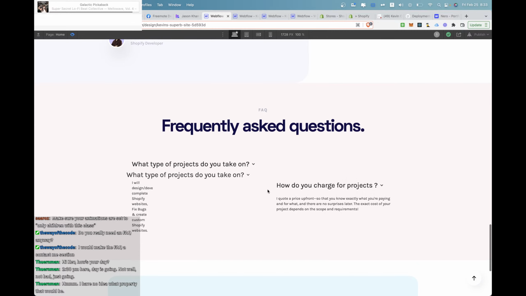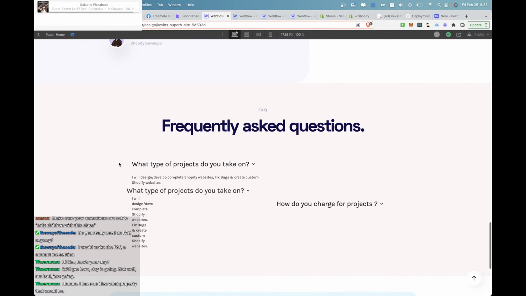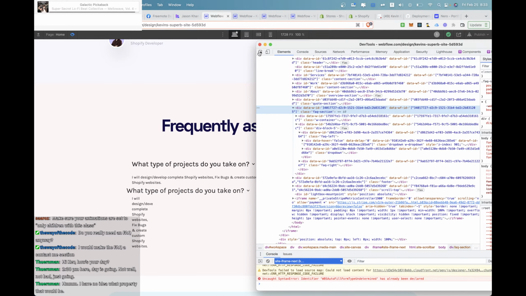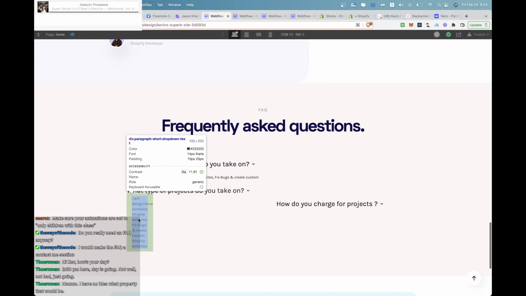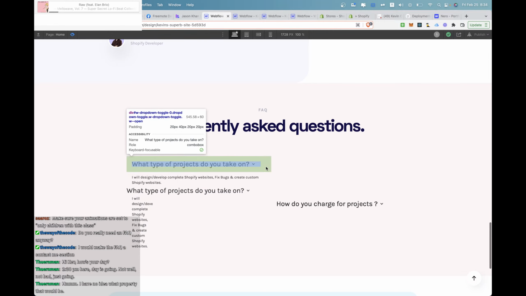Let's open one up. Exactly. I mean, I have an idea, but my ideas aren't working, you know what I mean? So look, this has the exact same paragraph short, drop down text. Boom. Paragraph short, drop down text. Yet this one has a much wider freaking width than this guy. And the parent is drop down. This guy's parent is,